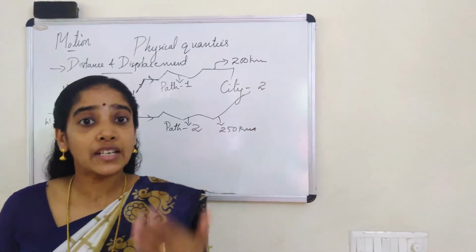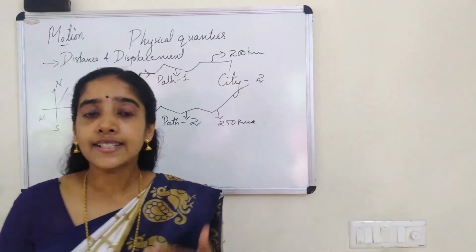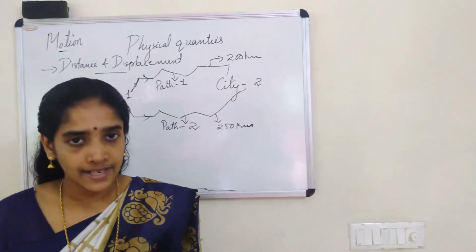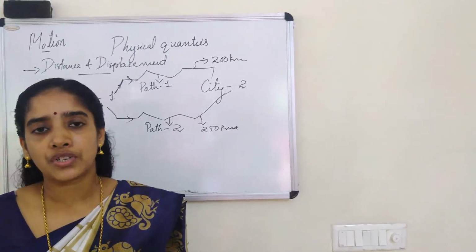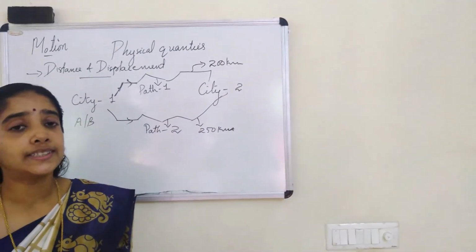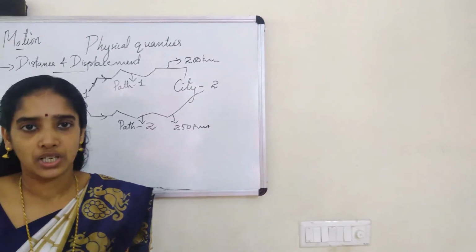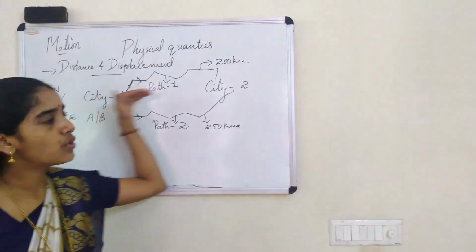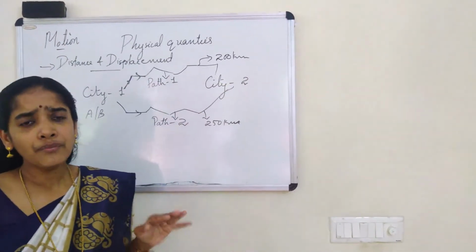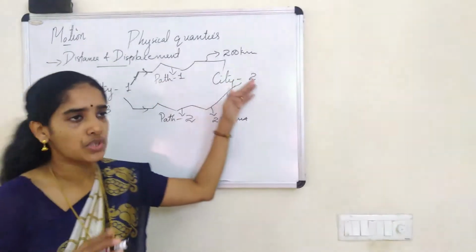We just speak in terms of the air distance. Air distance is always straight. That means in any situation, if we want to know the direction of motion, what we should do? We should draw a straight line. Okay, from where to where? From the starting position to end position.